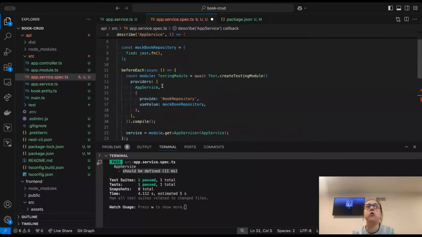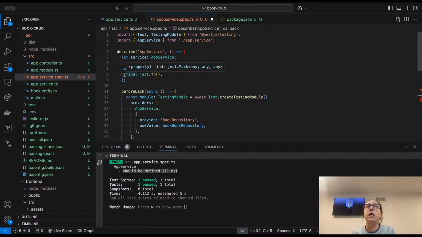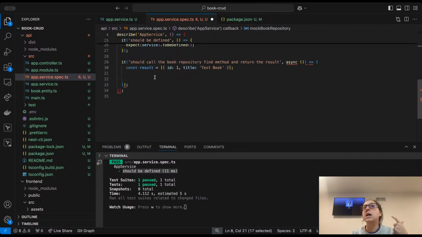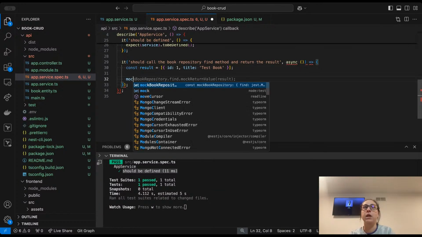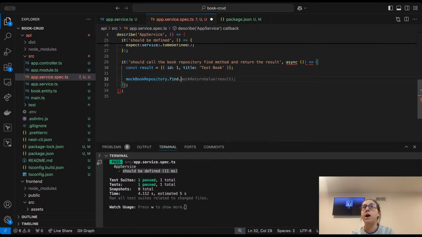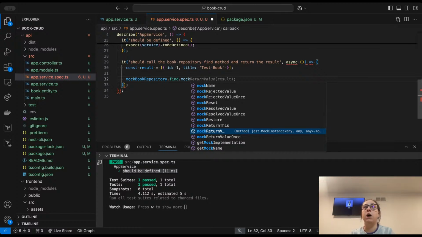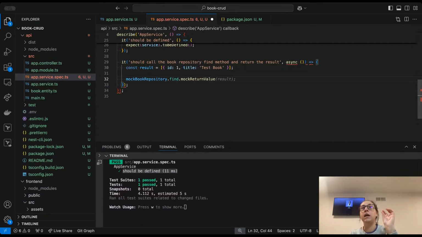The next thing that we're going to do, Copilot is correct, is that right here, we're just saying that find is a function, but we're not saying what this function does. In our individual tests, we can actually say, okay, here what I want to happen is I want this mock book repository find method to mock a return value, okay? I want that when I call the find method, I want it to return this result here. Okay, because again, we're not testing that TypeORM works properly. We don't care what TypeORM does. We just are saying, pretend we use TypeORM and have it send us back this result. All right,